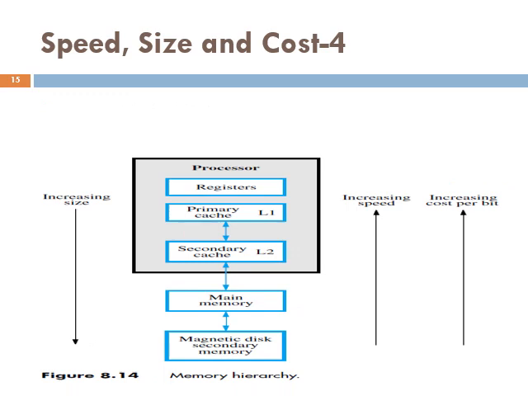Some computers have a level 3 cache of even larger size in addition to the L1 and L2 caches. And the L3 cache, also implemented in SRAM technology, may or may not be on the same chip with the processor and the L1 and L2 caches. The main memory is a large memory implemented using dynamic memory components, typically assembled in memory modules such as DIMMs, SIMMs or RIMMs. The main memory is much larger but significantly slower than cache memory.